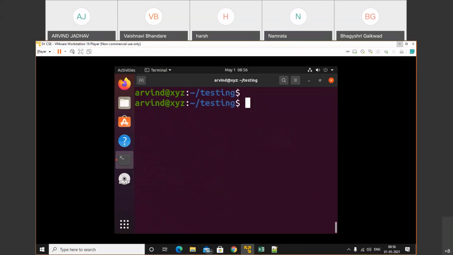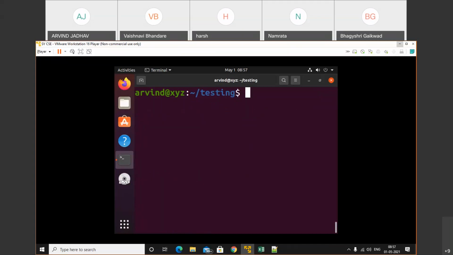Create that same file. I will write hi, capital hi, and another hi. So just save that file, and check whether that file is available.